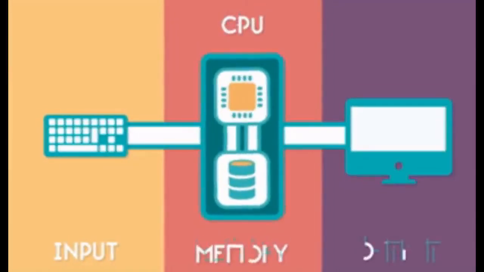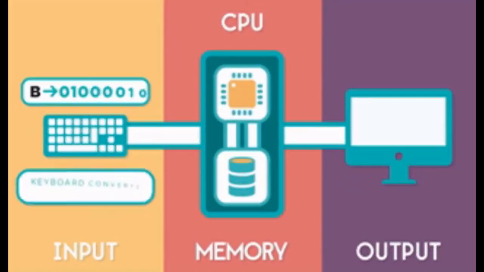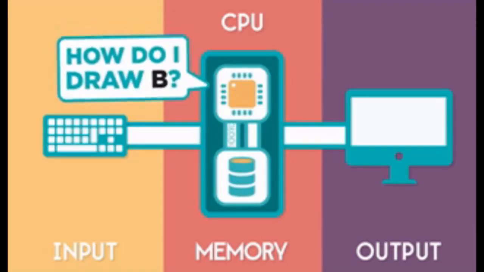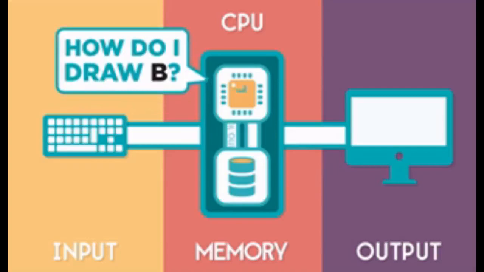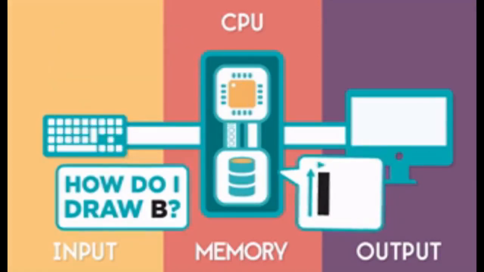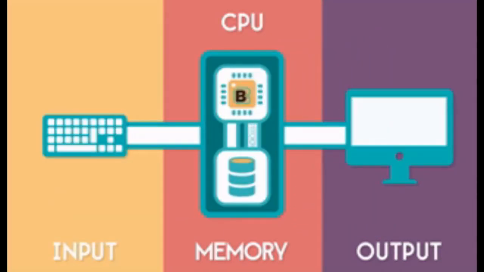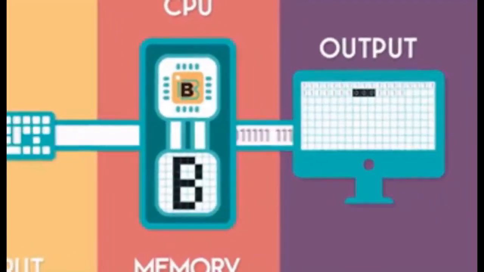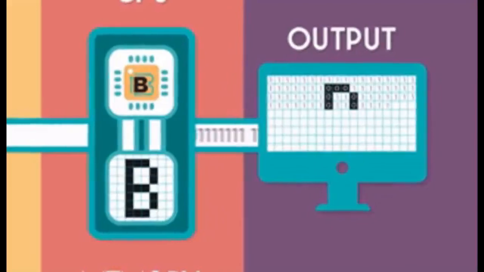So let us take another example in order to understand the process of input, process and output. Whenever you press B on your keyboard, this B is then sent to your computer. Then your CPU requests what are the steps in order to process the input that you have given. And when the instructions are given to the CPU, it processes this information and converts the data into a meaningful form and then stores the information in your memory, and when required by the user, it can be displayed on the output devices.